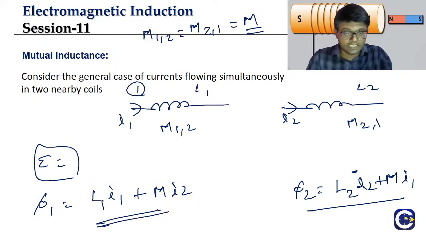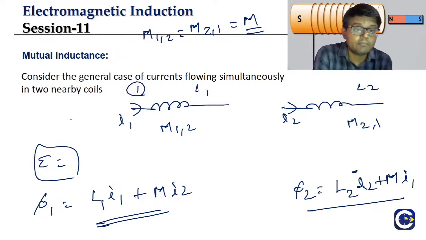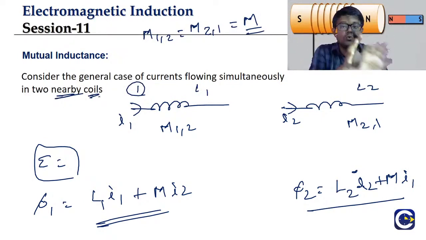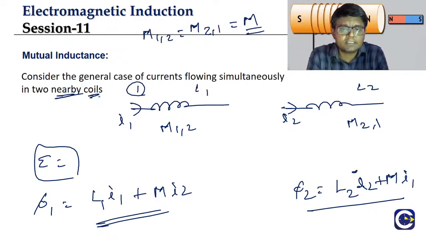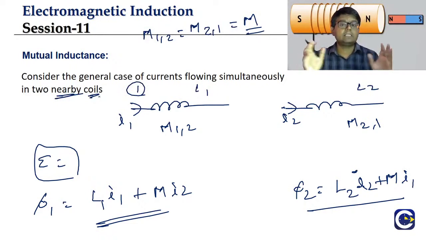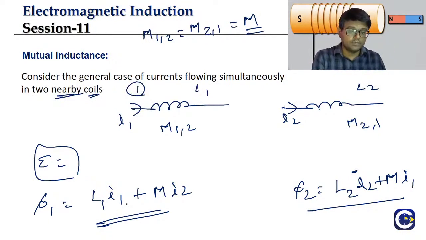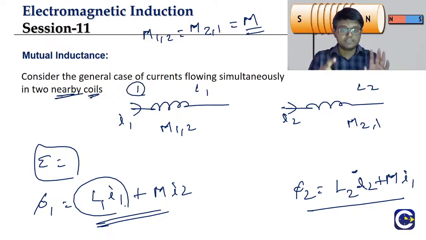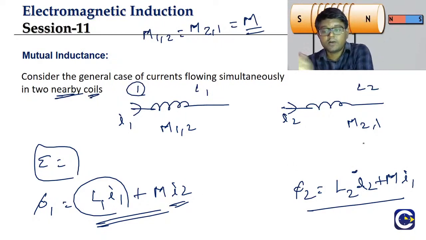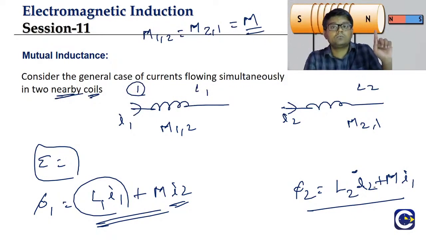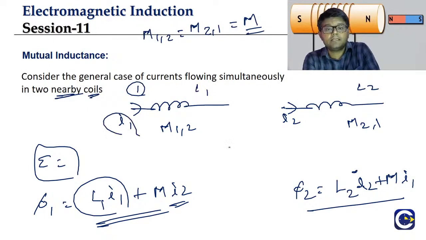Are the two terms clear, guys? For coil 1, if you have two nearby coils. Why am I saying nearby? Because if you take the two coils very far away, the mutual inductance concept will not be that relevant. So if you have two coils which are pretty nearby, where they can have significant mutual inductance, the flux through coil 1 will be equal to flux from its own current, L1 into I1, plus flux from the coil 2 current, M into I2. Similarly for coil 2, the flux is flux because of its own current, L2 into I2, plus flux coming from I1, that is because of mutual